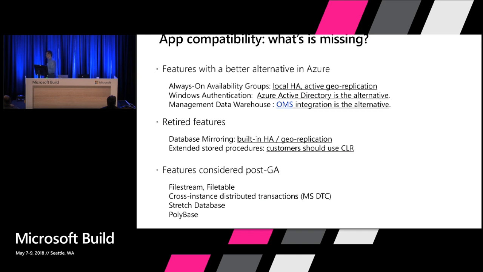And there is a list of features that we know people are using. We know that. But implementing those features just requires some time. And given that this is a service, with GA, things just do not stop. We will be developing and improving the service constantly. Some of these features are on the post-GA list. The biggest ones are FILESTREAM and FileTable. We still don't support them. If you have a strong need and you cannot replace that with varbinary or any other alternative, then SQL on premises or on a virtual machine is the option.